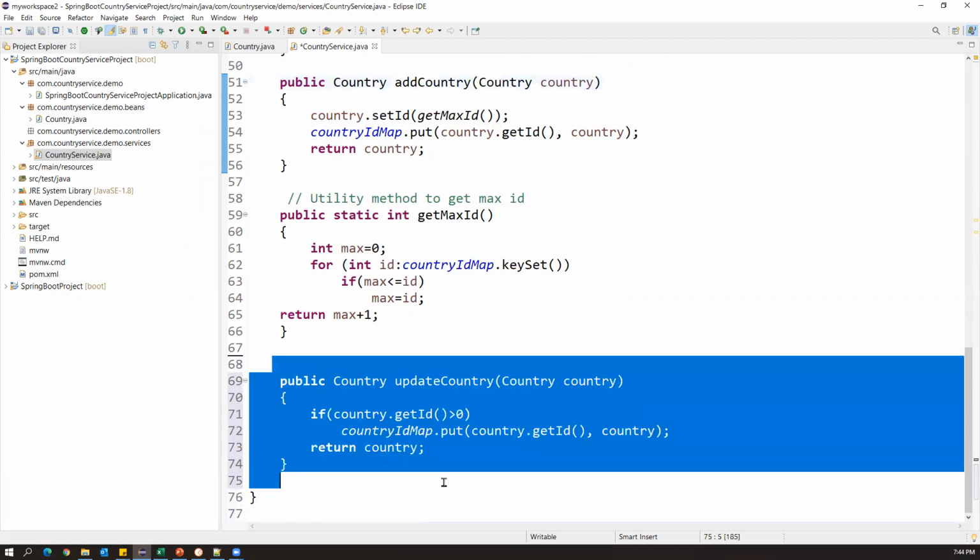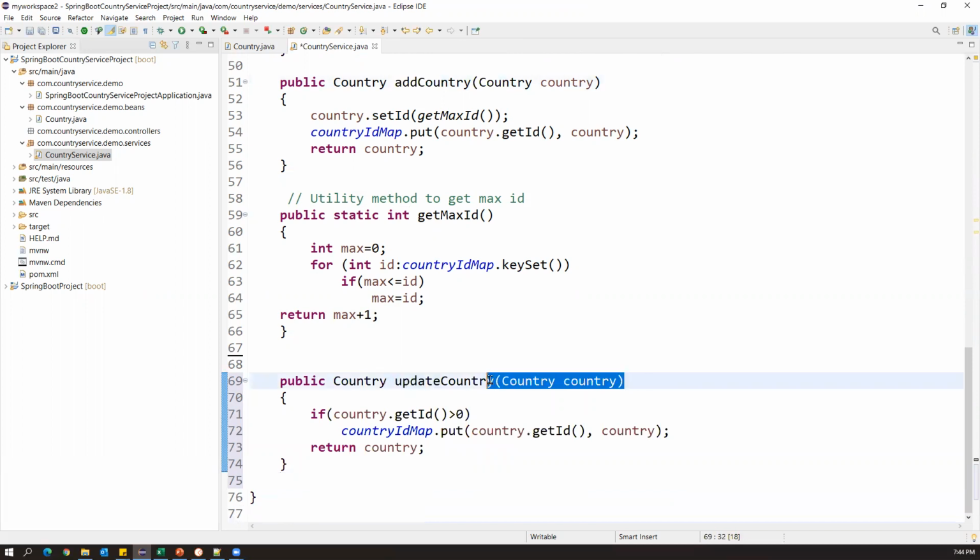So now this is a method. Update country, again it is getting the country object, and country.getId() greater than 0, because suppose the country id is less than 0 means we cannot update. That means that record is not present in the hash map, right? So if the getId is greater than 0, then in this particular hash map we are putting the record,